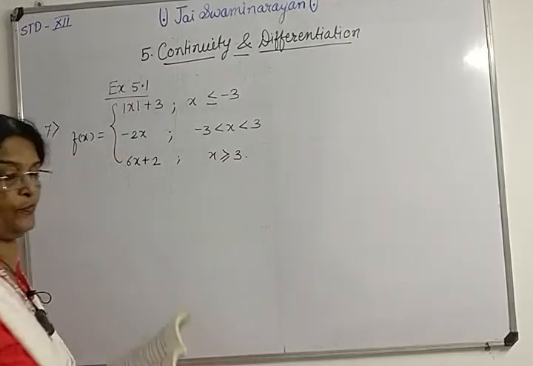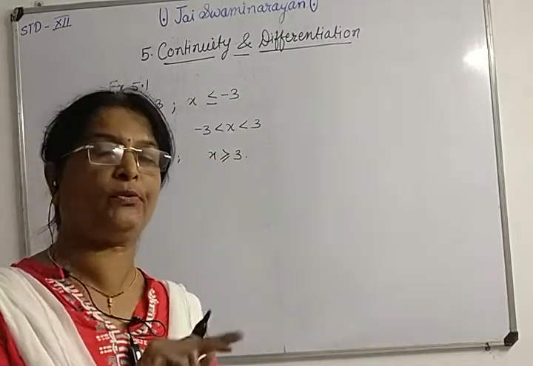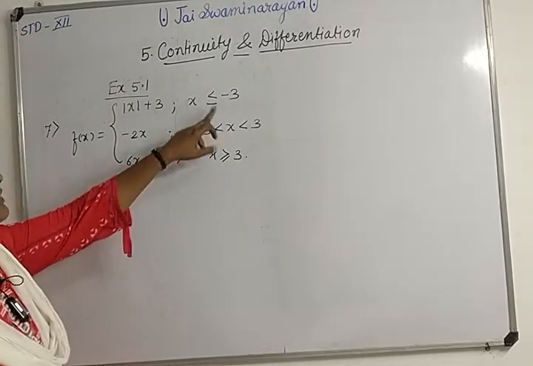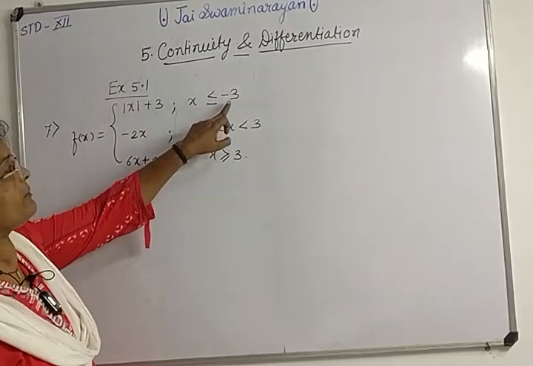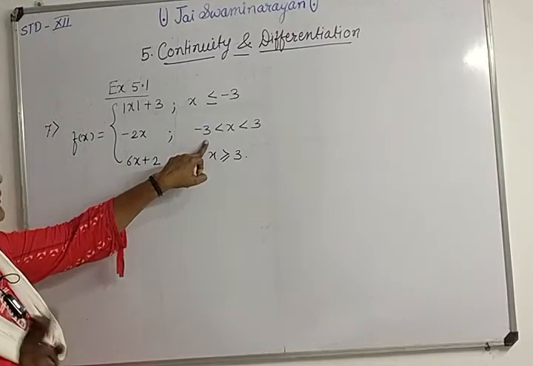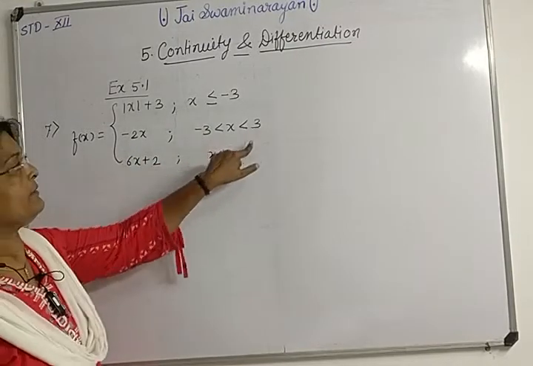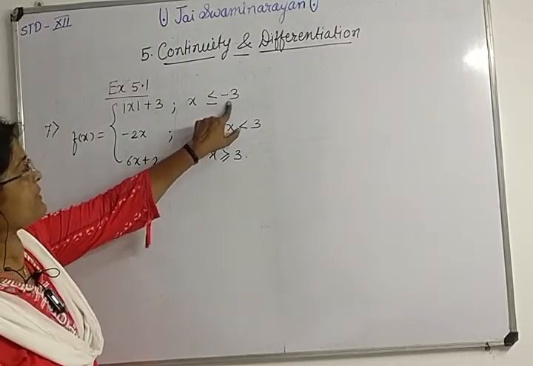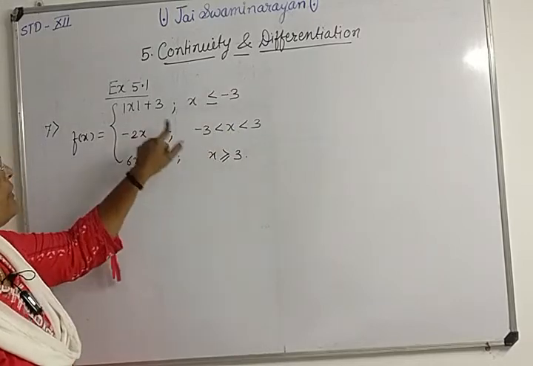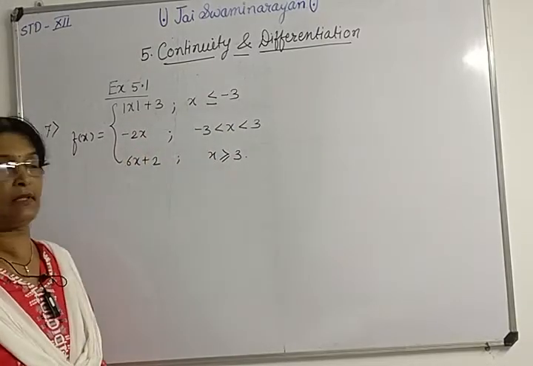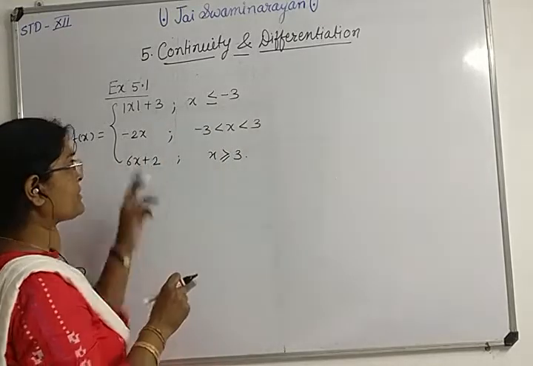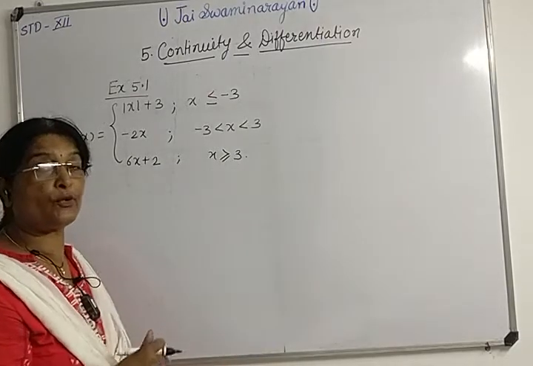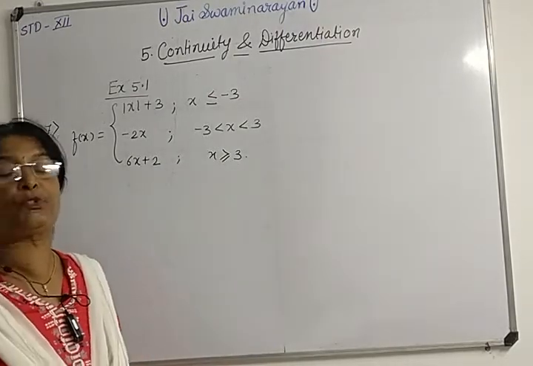Now in this question there are 2 points of discontinuity that we have to check, because the definition is breaking at -3, and again the definition is breaking at 3. For less than 3 the function is this, for greater than or equal to 3 it is this, for less than or equal to -3 the function is this, and for greater than -3 the function is this. So at -3 the function is changing, similarly at 3 the function is also changing. It means that there is a doubt of discontinuity, so we have to check it.